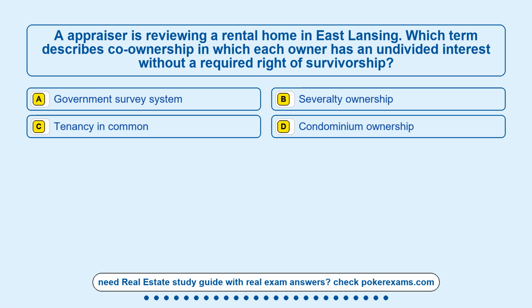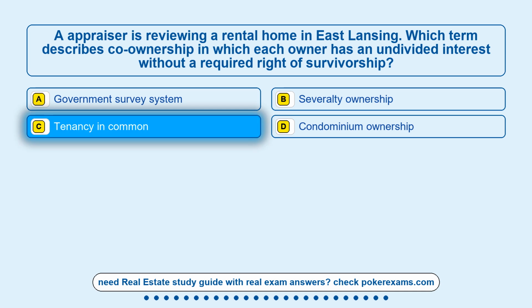Question 24. An appraiser is reviewing a rental home in East Lansing. Which term describes co-ownership in which each owner has an undivided interest without a required right of survivorship? Option A, government survey system. Option B, severalty ownership. Option C, tenancy in common. Option D, condominium ownership. The correct answer is option C,